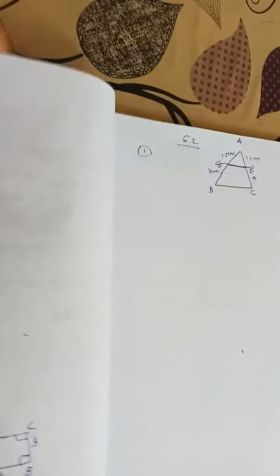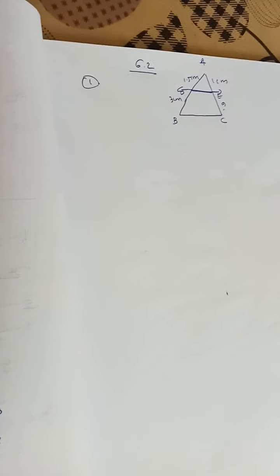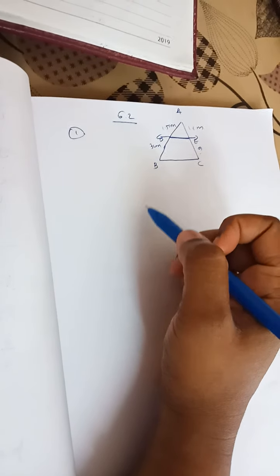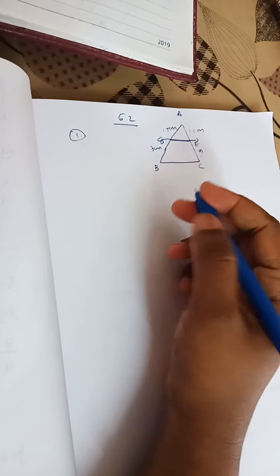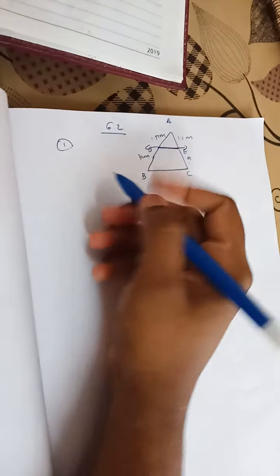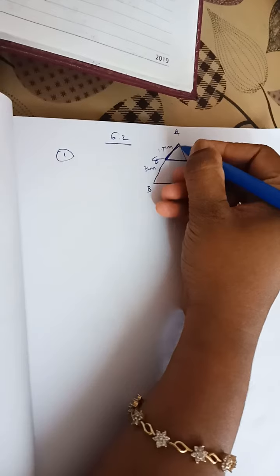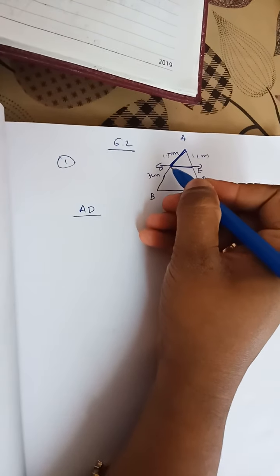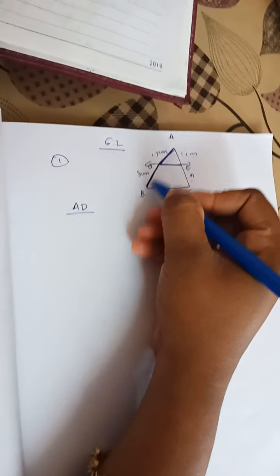For doing this question, you have to apply the basic proportionality theorem. You can learn the basic proportionality theorem from your textbook, check page numbers 124 and 125. Okay, learn it. So what is the basic proportionality theorem? By the basic proportionality theorem, we can say that the sides are proportional. First side AB, I am taking AD divided by DB, the remaining part of the same side,